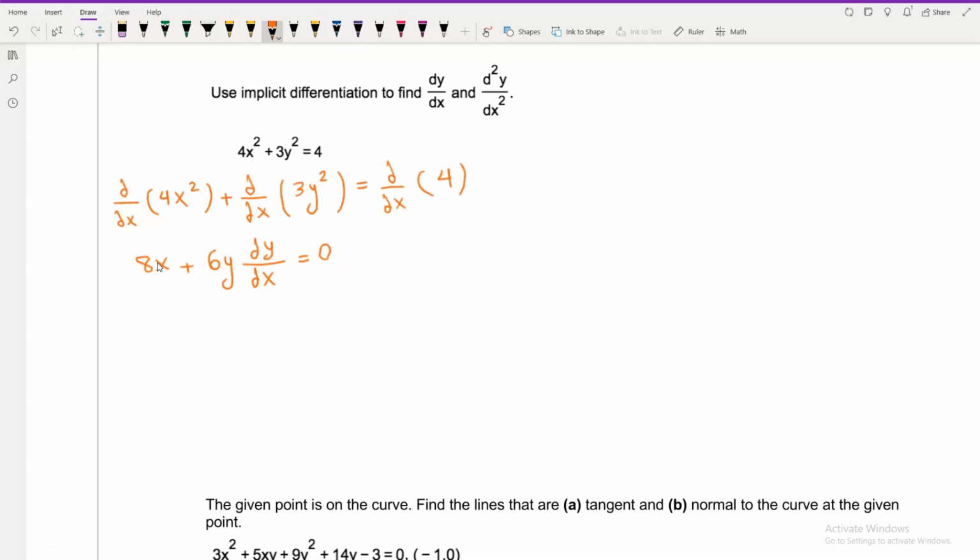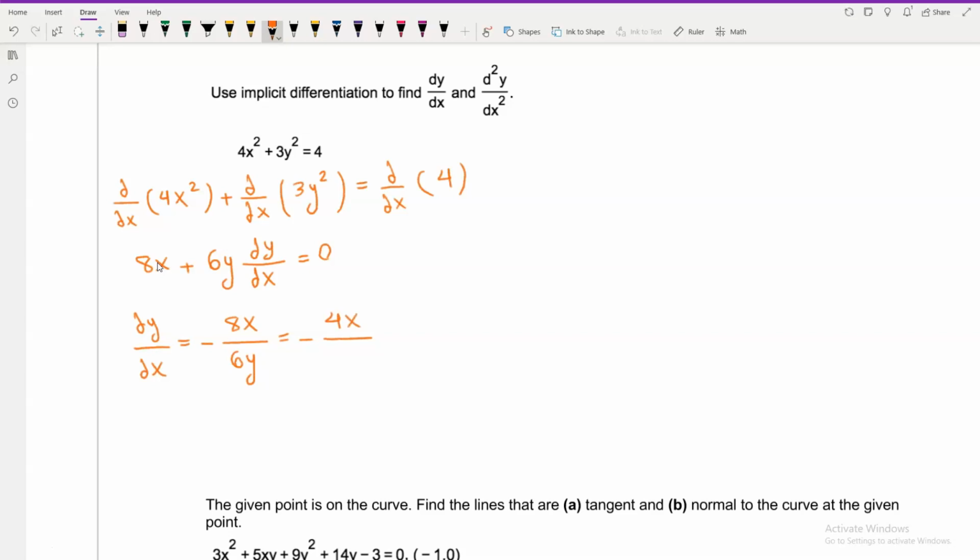Now solving for dy divided by dx, that is equal to negative 8x divided by 6y,